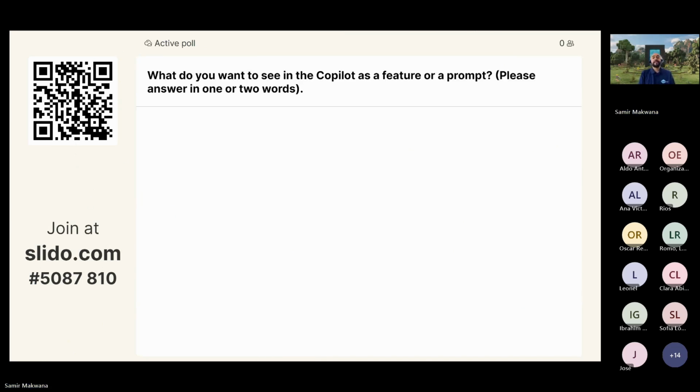So this is the last thing I generally ask my attendees: what do you want to see in Copilot as a feature or a prompt, as a project manager or as a user, which can help you enhance your productivity? If you can use any one or two words to answer that, that will be helpful.